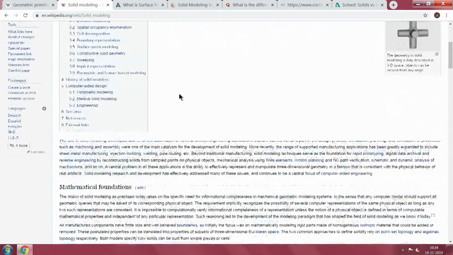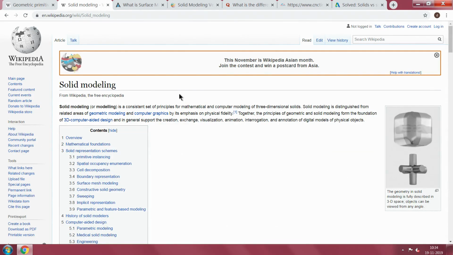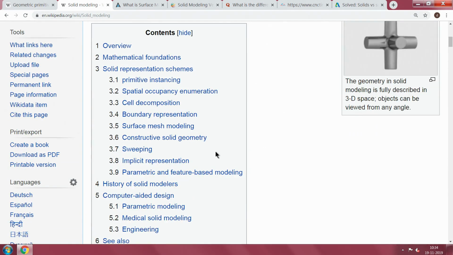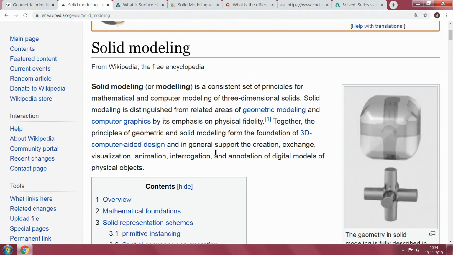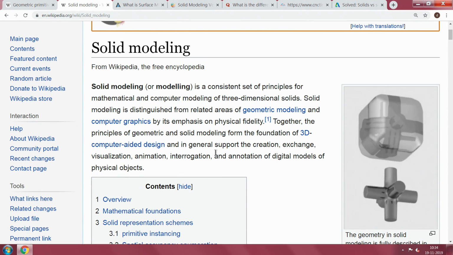So, I suggest we just look up on the internet, though I have all of these, I thought it is a good idea. Please look here and we come into an important thing called, before we start anything, we need to learn a little bit about so called solid modeling,